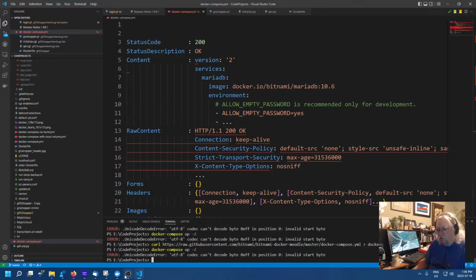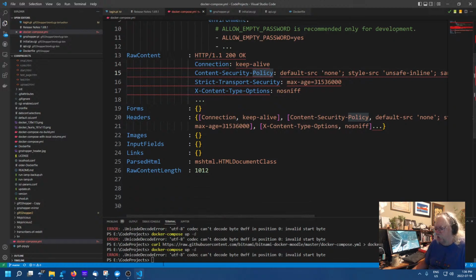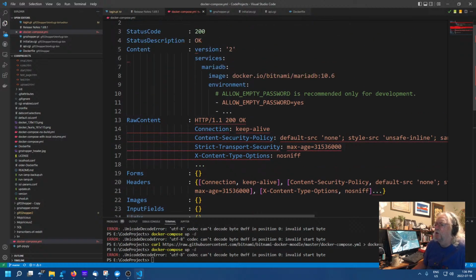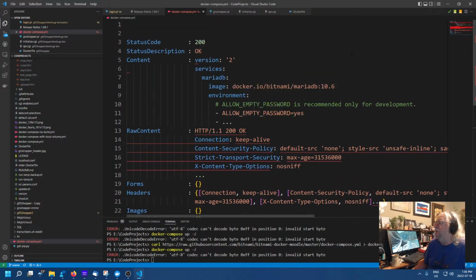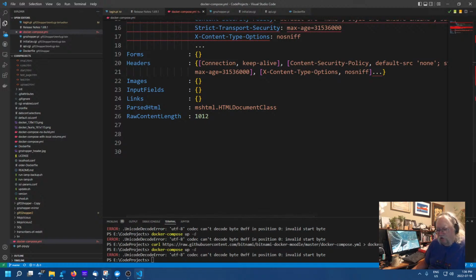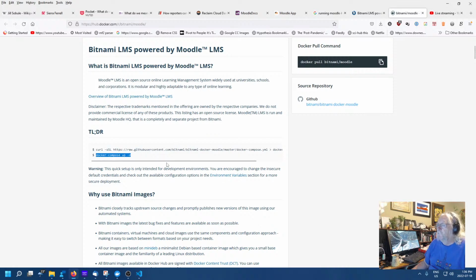So maybe because it'll only work on Debian, or I don't know. Okay, well that's kind of weird. But this whole Docker compose file looks weird to me. I mean, it sort of looks right, but it sort of doesn't look right. And what is that? So, the TLDR. All right, well, let's try it then